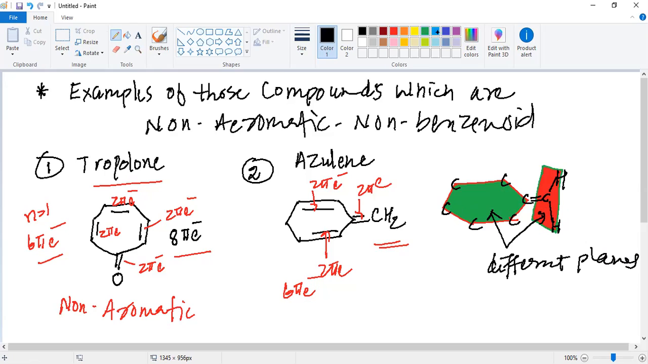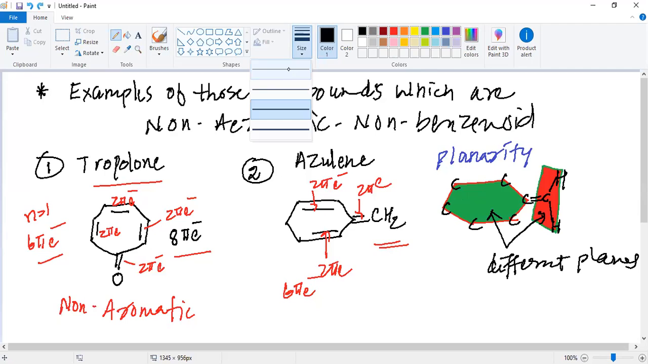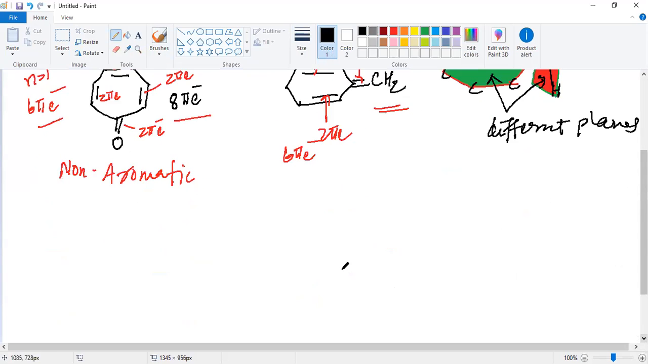So here the characteristic which is known as planarity is not followed, my dear students. Please remember that the planarity is not followed in this particular case, and as the planarity is not followed in this case, we can say that it is a non-aromatic or non-benzenoid compound. Then, my dear students, we have the last compound which I would like to share with you, which is